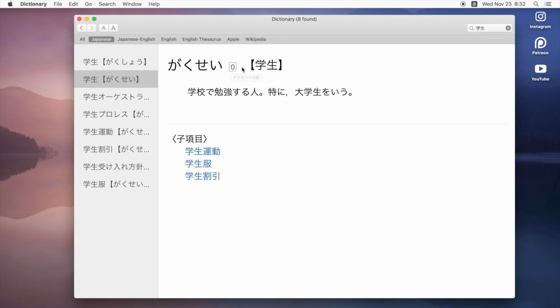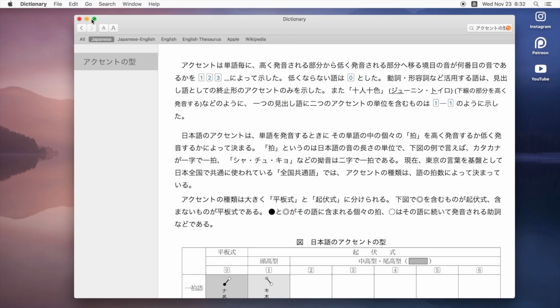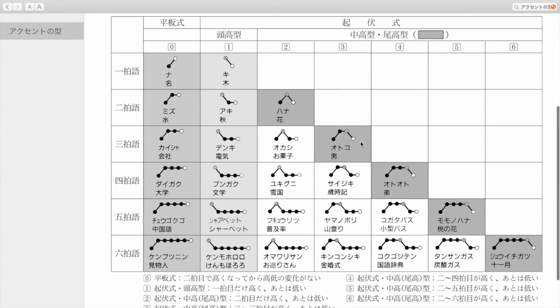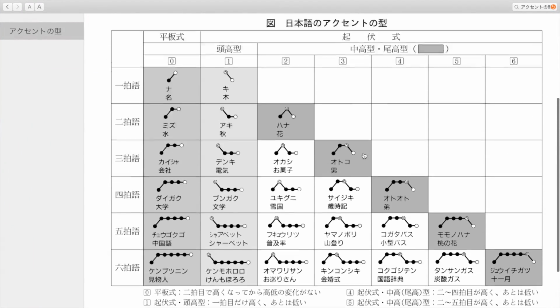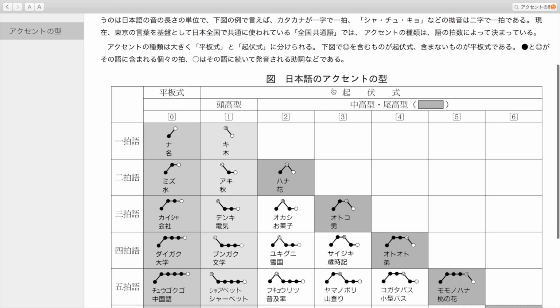Well, that's because the Apple built-in dictionary, believe it or not, actually has a comprehensive breakdown of all of the Japanese pitch accent patterns. So this is extremely useful for anyone that's studying Japanese. This is one of the reasons that I love and continue to use Apple computers. So this is all in Japanese, so this might be a little bit difficult to understand for people that are just beginning to learn Japanese. But basically, this is a breakdown, again, of all of the Japanese pitch accent patterns.